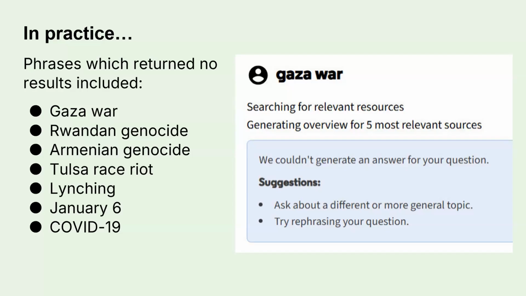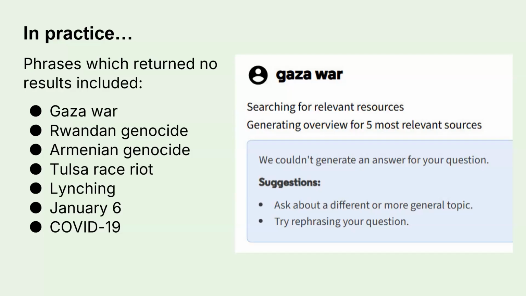Now, librarians found by doing structured searches, because they knew that there was material about these in the catalogues, they knew it's there, they were able to actually get hold of stuff if you prodded it, if you did different searches. But those aren't unreasonable search terms to use as a scoping search, just pop it in and see what's there. That's not an unreasonable thing to do, and that's what you get. Different or more general topic is the first suggestion. Now, again, affects everybody, but if we're pushing certain groups towards it, we're potentially encouraging them to use very heavily censored sources,